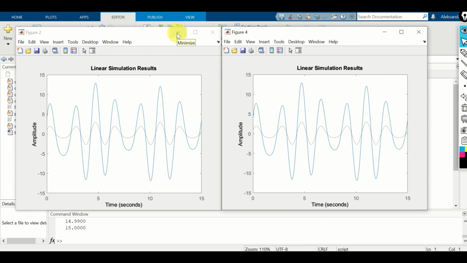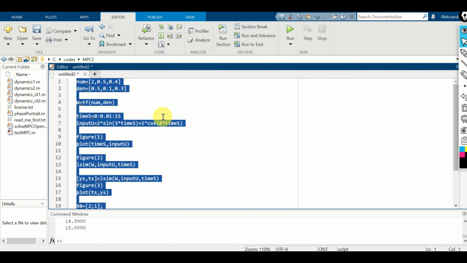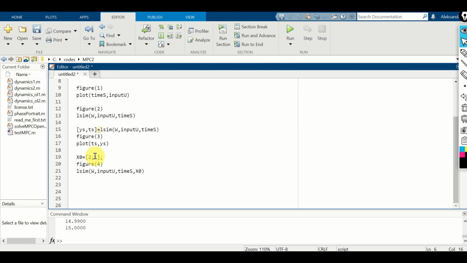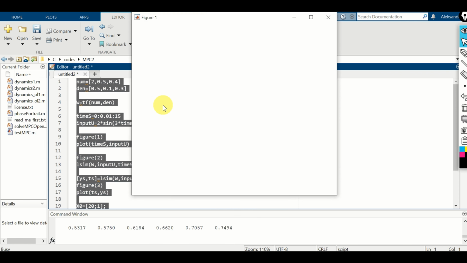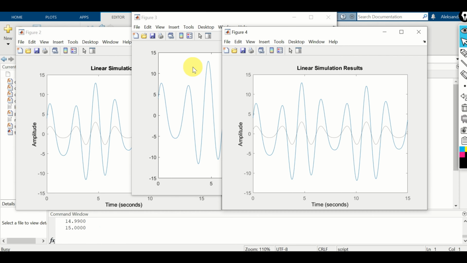To see a difference, we actually need to change the initial condition to make the response to be more dramatic. What if I put 20 here as the initial condition? And let's now repeat everything and let's see the response. Okay,